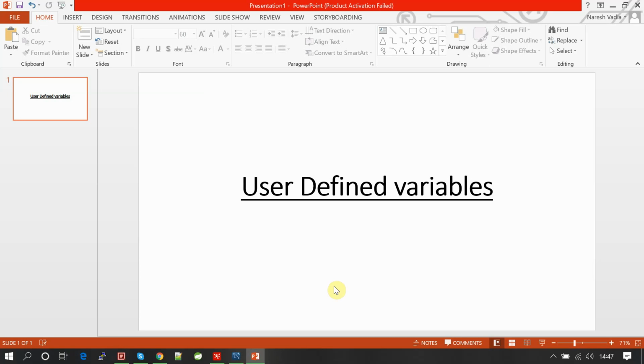Let's say one case where you need to change that host name or maybe the DB name. If you have 100 transformations or 100 jobs in your ETL, and you want to change the DB name on each of them, you need to edit each and every transformation 100 times and update the DB name. That would be very time consuming.